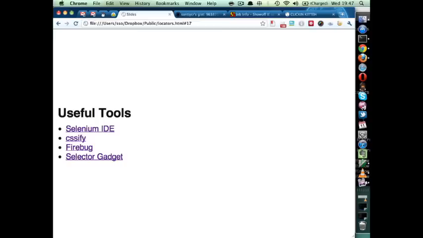Cheat sheet. So you can see that. I'm going to go through the useful tools now. Should we do the Q&A first or just go with the tools? All right, tools. Which tools can you use to write good CSS locators and test them and write your test